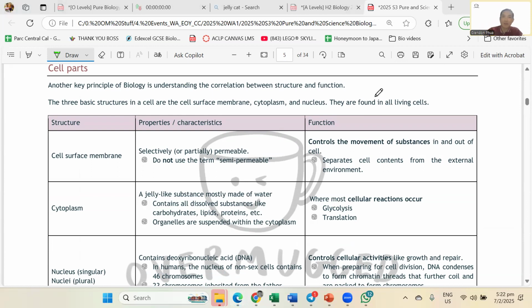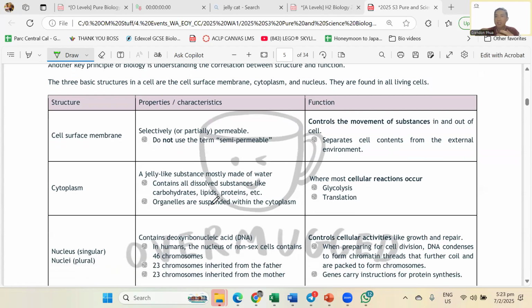All right, now back to Taylor Swift. So this one, now Taylor Swift, when she creates all her songs, what happens? If I want to have a concert, who's the most important person? Taylor Swift. So from that one Taylor Swift, everything is going to project outwards. So Taylor Swift is the most important person to make the concert. She makes all the decisions. Likewise, in the cell, what is the most important structure that makes all the decisions? It's going to be your nucleus.